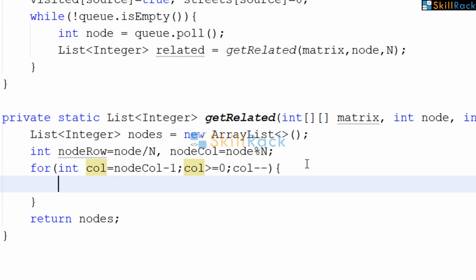So if the value at the node row and this column is 1, because if there is a 0 going to come in between, it is not connected. At that time we can exit the loop. We need not continue with the loop. So we have to check whether it is equal to 1.